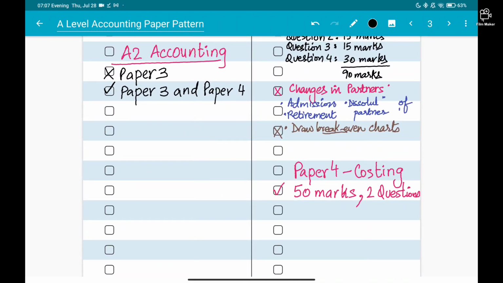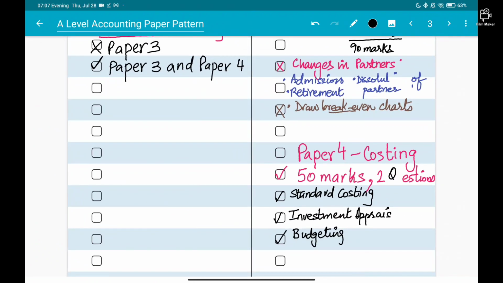Any chapters means that we have standard costing. They can ask you on standard costing. So standard costing is still there, investment appraisal is there. The topics are the same, it's just that there are little changes in the topics, some small points. So investment appraisal is there, budgeting is there, and the recent topic that was added from 2016, activity based costing, is also there, students, okay? So these 4 chapters will be there, and out of that any 2 questions can come based on these chapters.